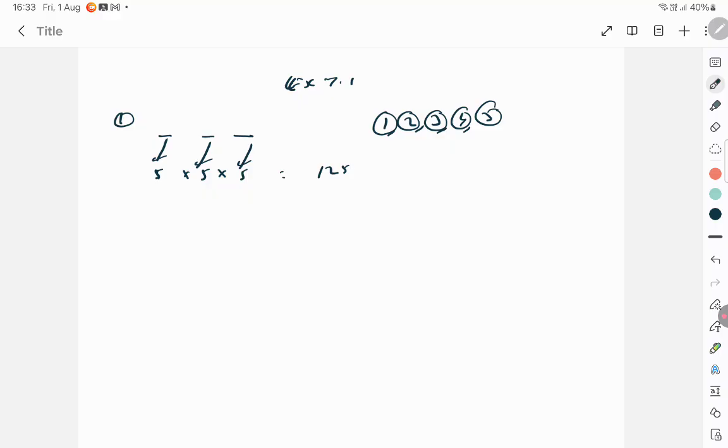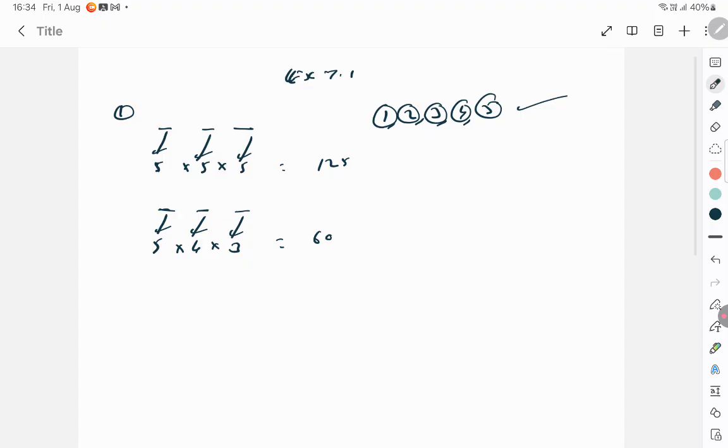That's when repetition is allowed. Okay, so then supposing repetition is not allowed, this can be done in 5 ways. The available numbers are 5 different numbers. One number will go in, repetition not allowed, so this can be done in 4 ways and this can be done in 3 ways. It's 5 into 4 into 3. 5 4s are 20, 20 3s are 60 different ways. Okay. So you can also write this as